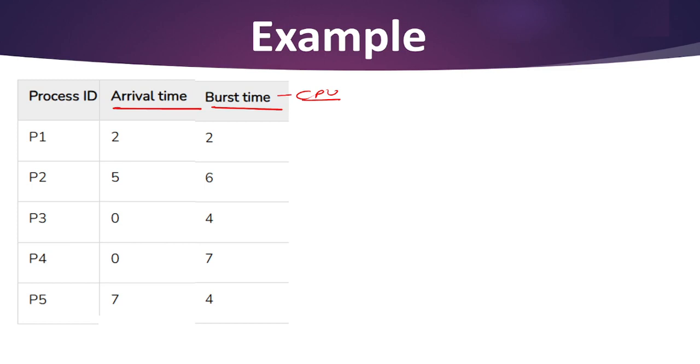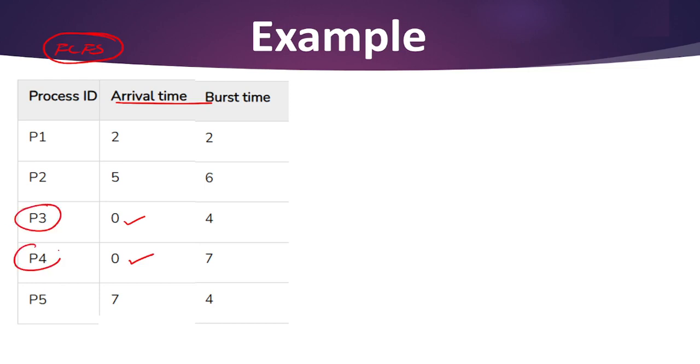In this question, always remember 3 points are given. So in the first come first serve algorithm, first we have to see which process has arrived first in the ready queue. So here we have to check the arrival time. So arrival time is 0 and 0 for process P3 and P4. But remember one point, the process that is written here first will be served first as per the first come first serve algorithm.